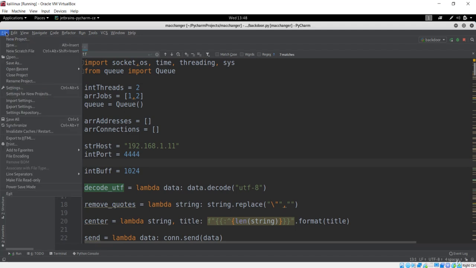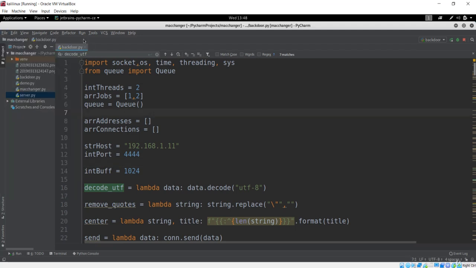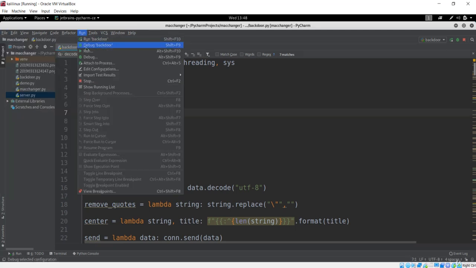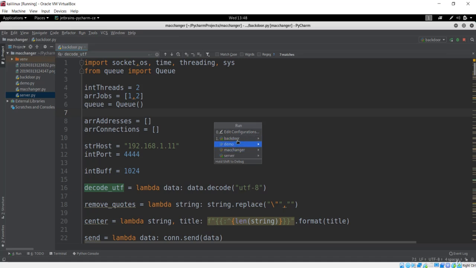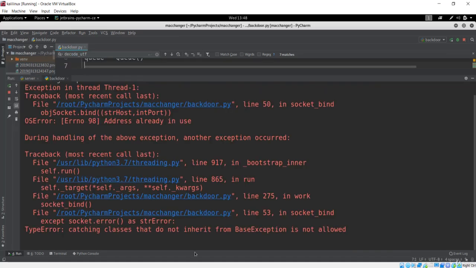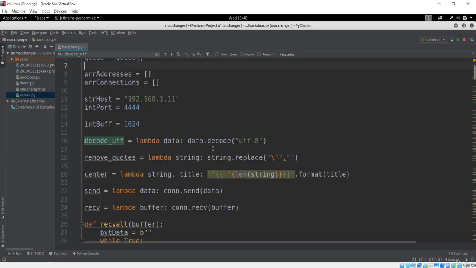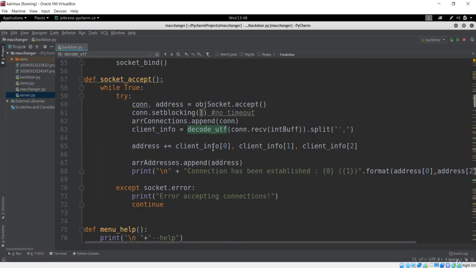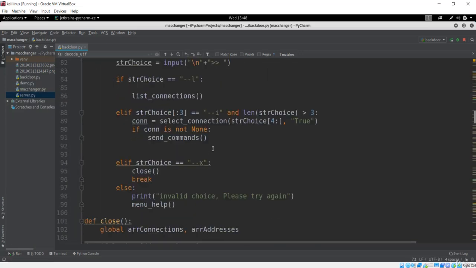Let me run it one more time. Maybe we can clear this and run the backdoor again, stop and rerun. It is saying that it is not valid, or basically the exception is catching classes that do not inherit from the base exception. So let's go here, and that is our method.